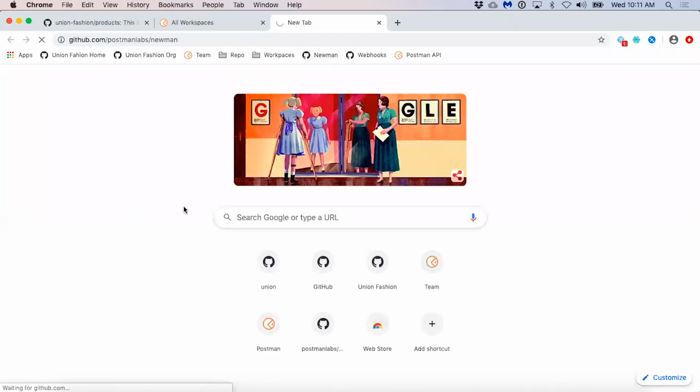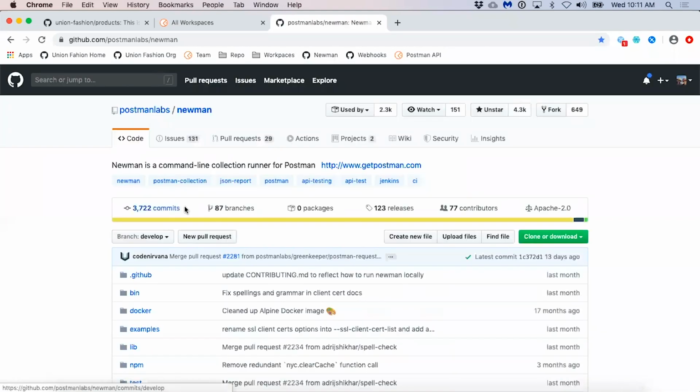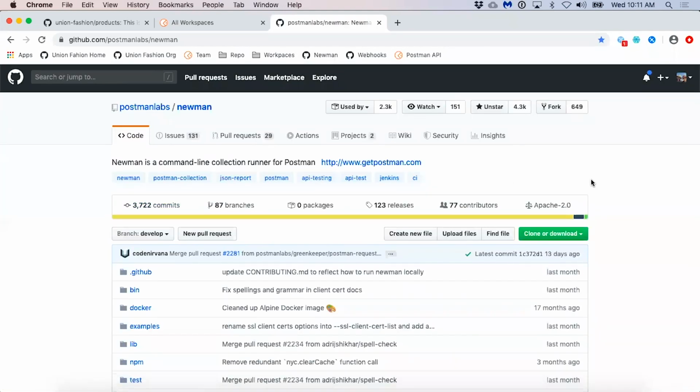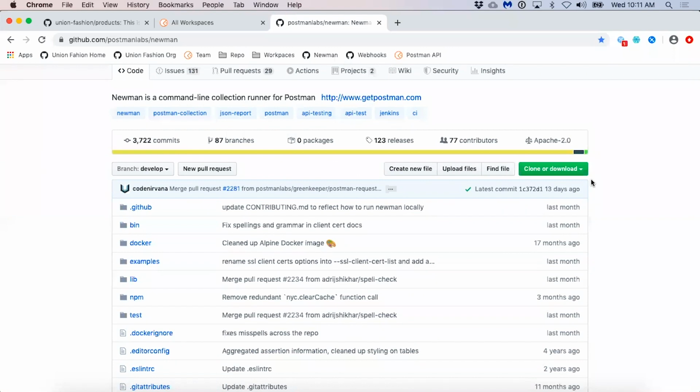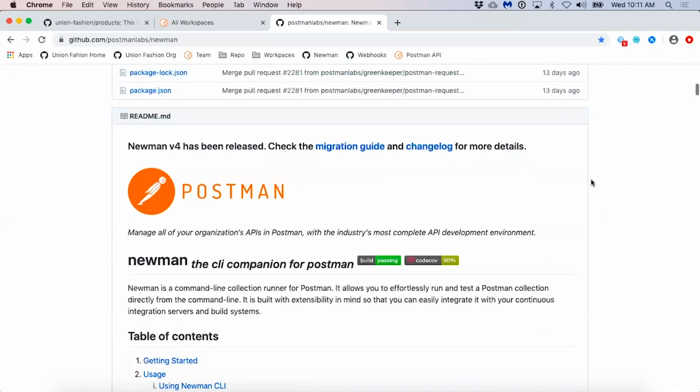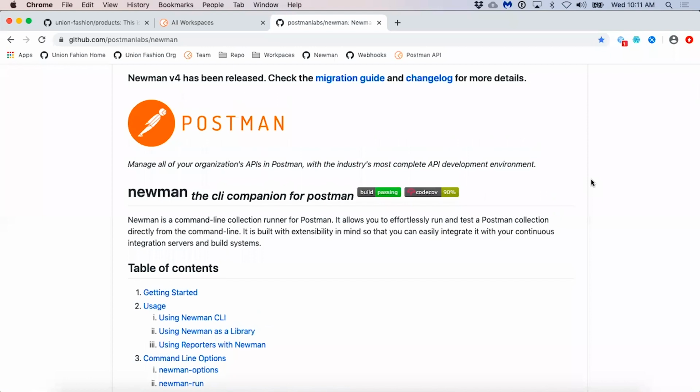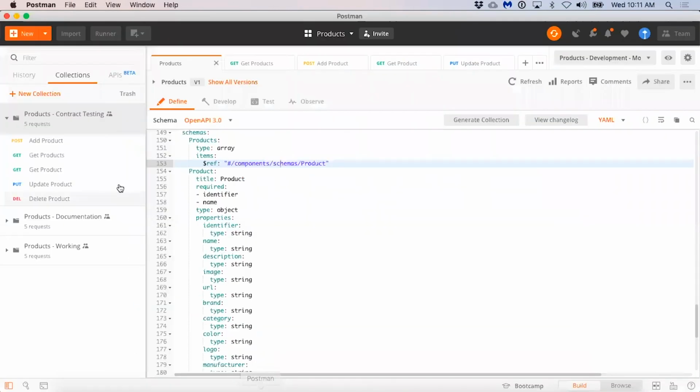Newman is the open source runner. So you can take any collection that is developed in Postman and run it as part of any pipeline using Newman. So that takes this collection and runs it externally as part of any infrastructure.